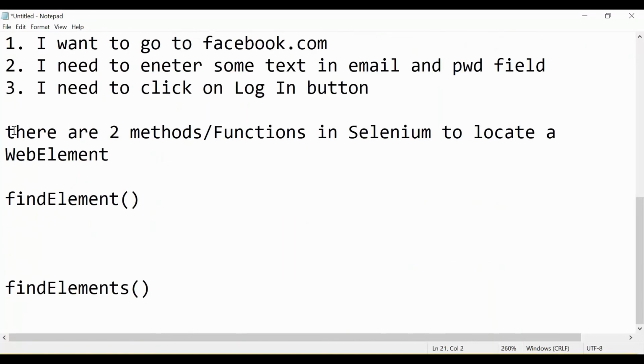So the find element method will be used to locate a single element. As the name suggests, find element is going to find a single element.